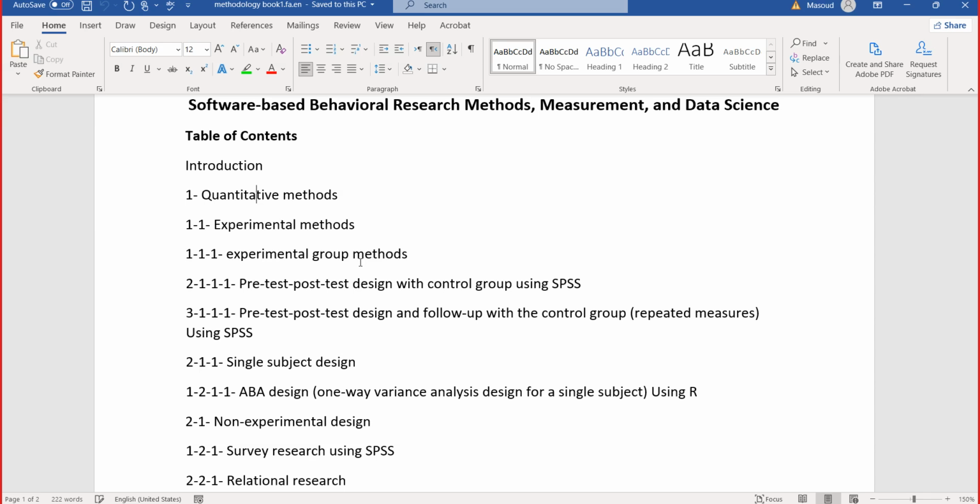The control group is just a control, without the treatment, and the measures for the control group are gathered to compare the means of the experimental group with the control group.